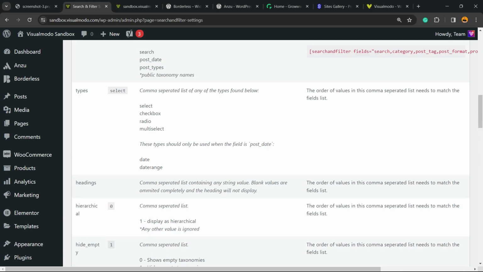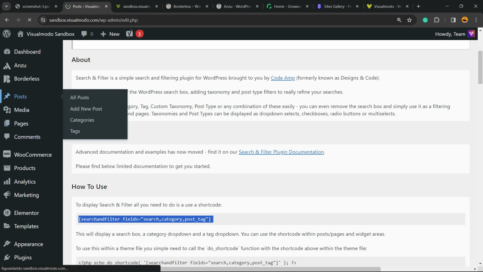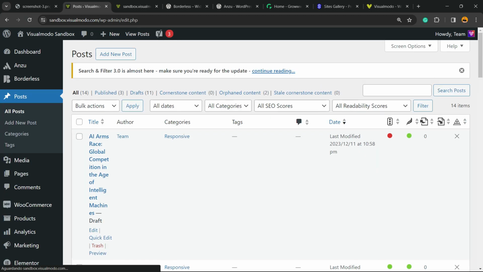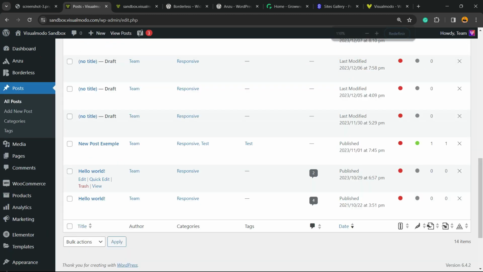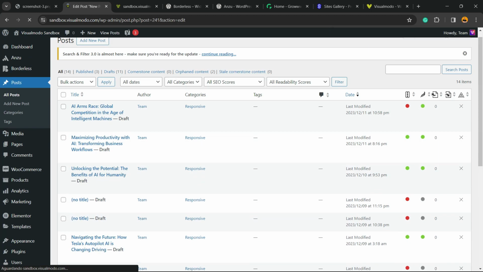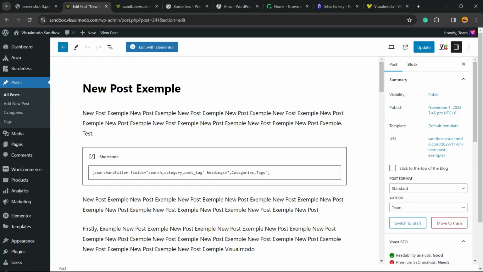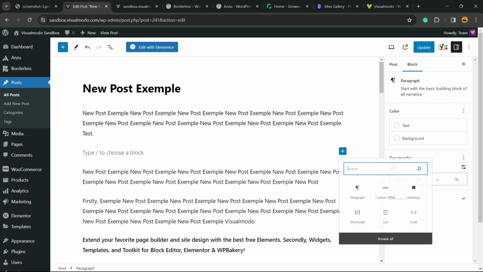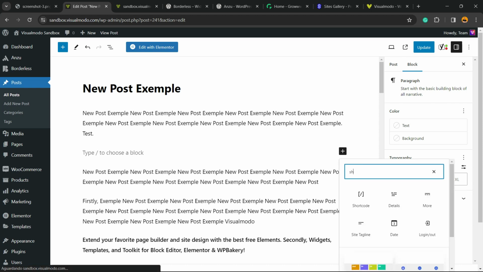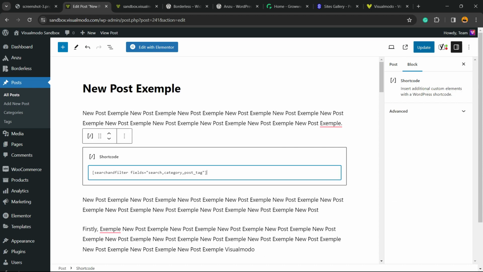Let me start showing you one example, okay? Here is the shortcode. Copy that. Move to some post of your site. In my case it's going to be this one. I would like to apply this to one of my posts, but you can apply this in your pages, in your sidebars, in your footer, in any part of your site, okay? So all we have to do is place the shortcode. So in my case, click right here, click on the plus button to add a new block, search for shortcode, and place the plugin code. Simple as that. Now update the post,